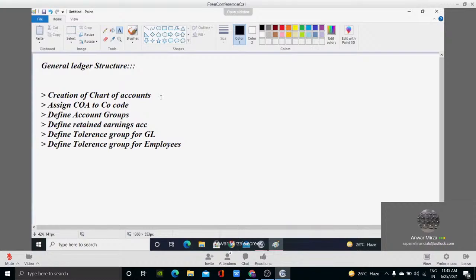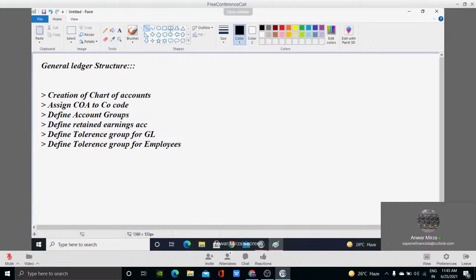It is not like every setting belongs to company code. Some settings are at company level also. Client level setting is different, company code level setting is different. As and when the discussion goes on in future, I'll let you know which settings belong to company code level and which settings are above company code level, that is at client level. Okay, when the setting is done at client level, it is very much common for all company codes. Remember this, no matter whether there are 30 company codes or 35 or 40 company codes.